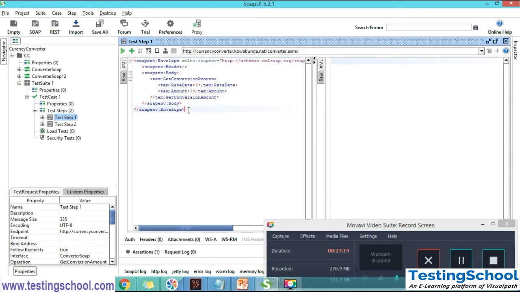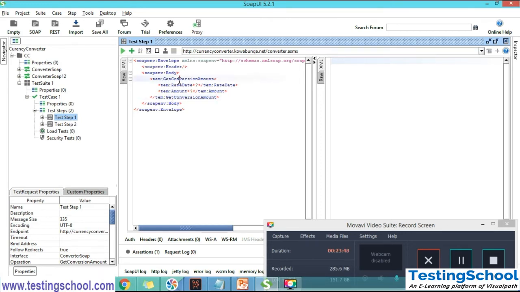In our previous session we learned about XML and how it looks. This is a SOAP request. A SOAP request has its own structure: it starts with the SOAP envelope, after that the SOAP header, and after that the body should contain either a request or a response. Once we receive the response, in the response section we can see the same structure, where the SOAP body contains the response. Here the SOAP body contains the request.